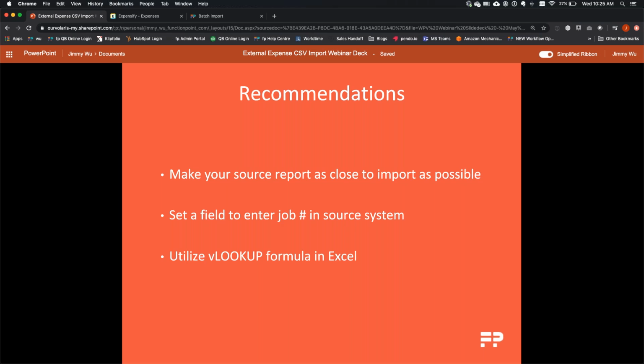Last but not least, one important workflow you might want to consider moving forward is in your expense management tool, to consider where you want to enter the job number. If you have a tool like Expensify, where people are submitting their travel expenses or personal expenses, start reinforcing that they tell you what job, or at least what client, it is associated with. That way, when you spit out the actual export and try to import it into Function Point afterwards, it's going to save you a lot more manual work